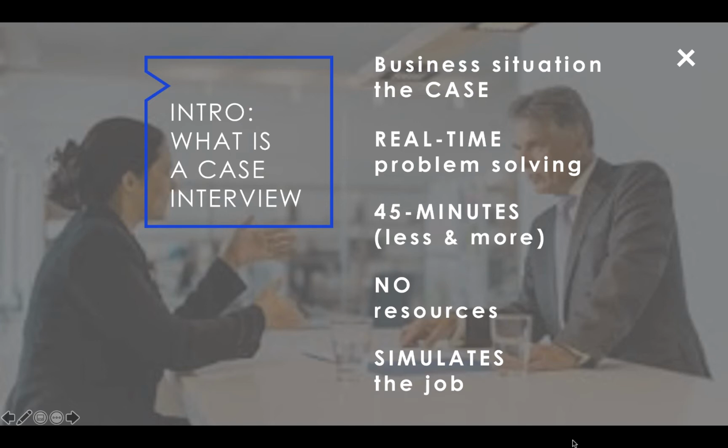And the intention is that it's going to simulate some aspect of the job that you're going to go to. Now, by no means is the case interview perfect, but it is a simulated problem solving activity. It benefits those that are quick thinkers, that are structured, that are able to do math in a very rapid way, but also those who can think very conceptually, think through the ambiguity, think about creative ways to look at